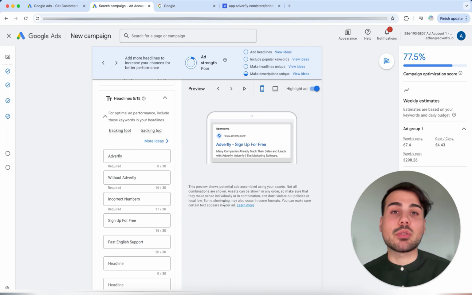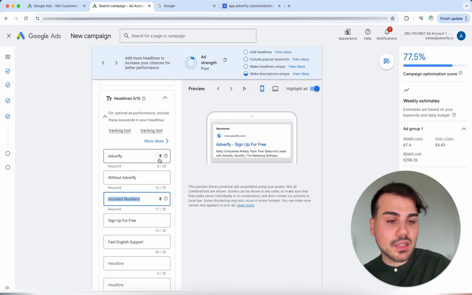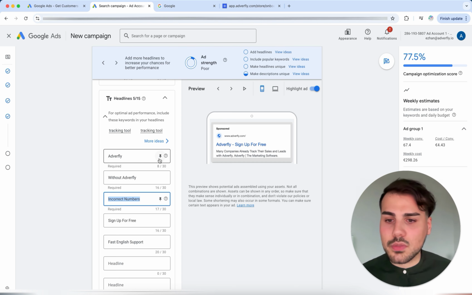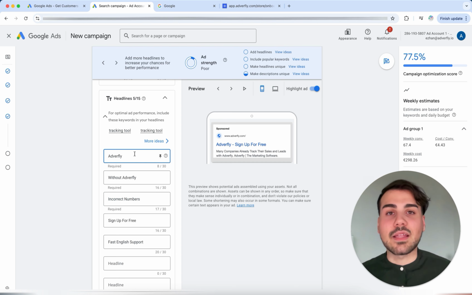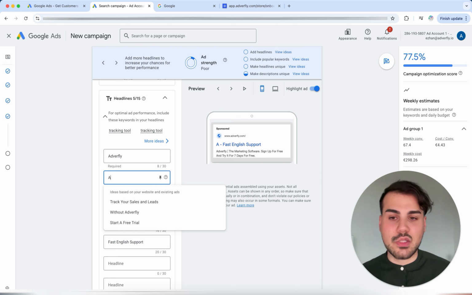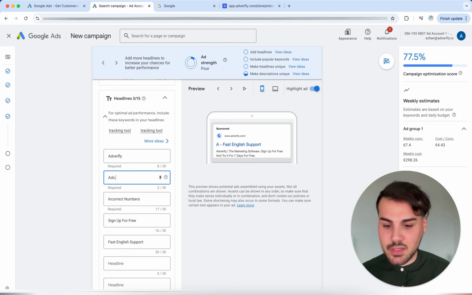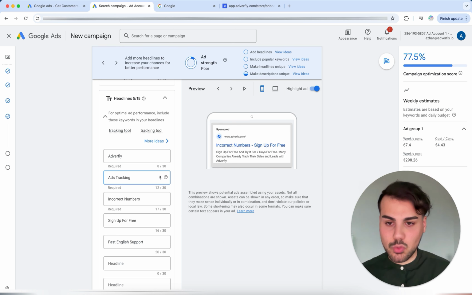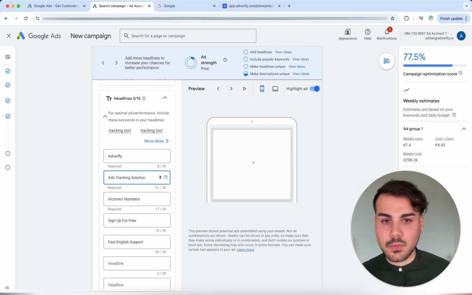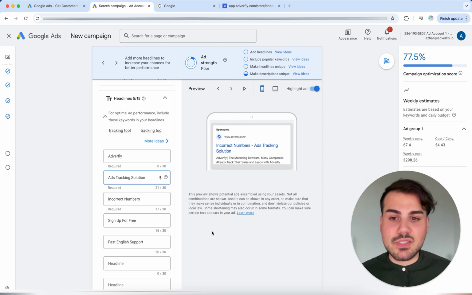This means that you now have to see for yourself what suits you, what information you would like to have in it, because, for example, not all words are always displayed depending on the device, depending on the browser. That's why there's this fixing option with the pin symbol, if you want to say, hey, I really want to have this word in here. And then we can fill this out. I'll take the word Adverfly again up here as an example. You can write here what we do, or rather our product. This is ad tracking software, so that you can then measure the advertisements.